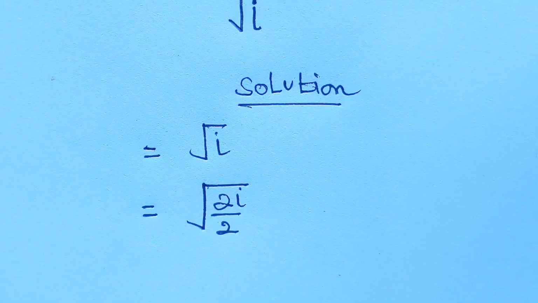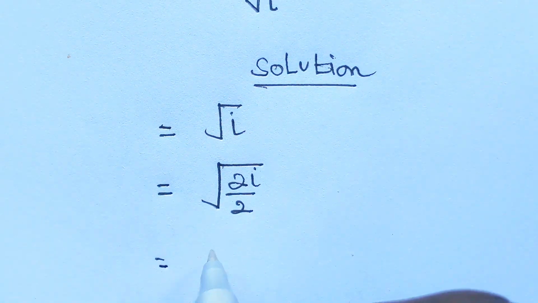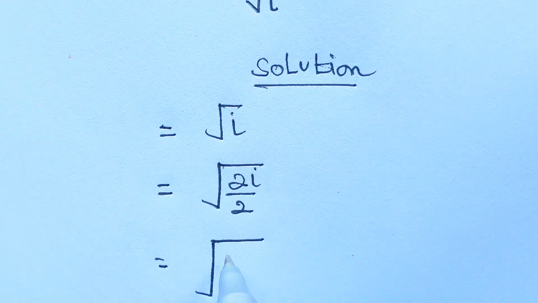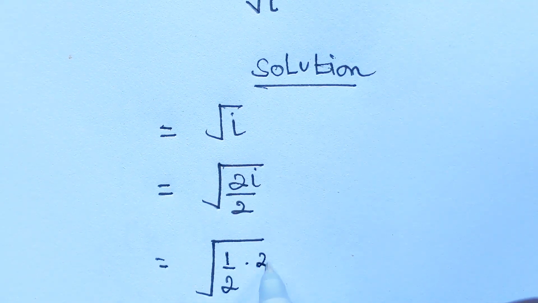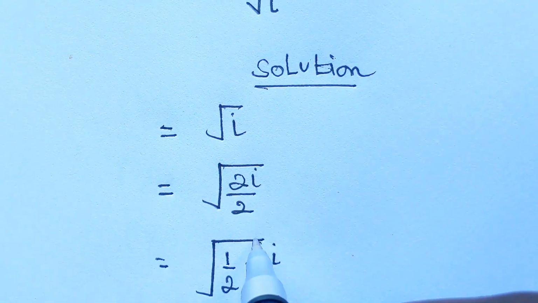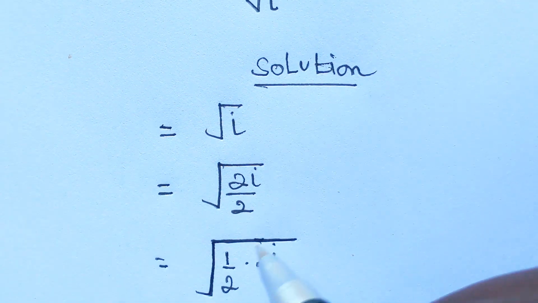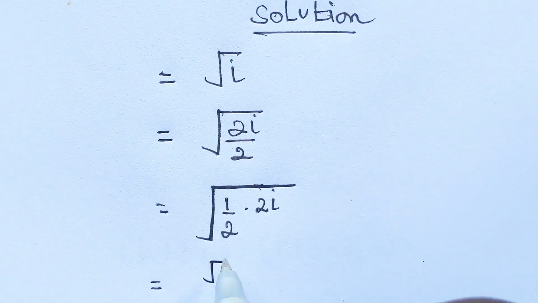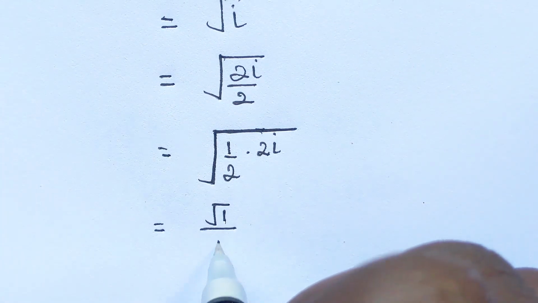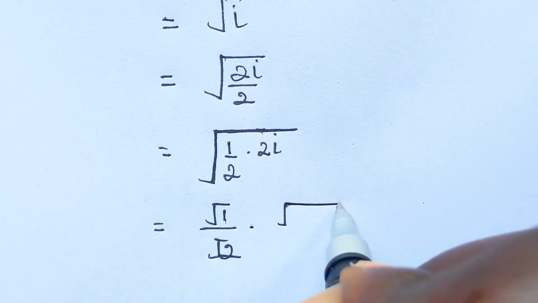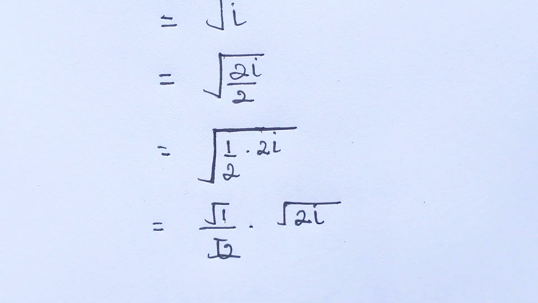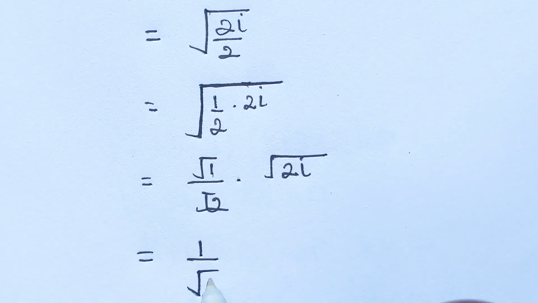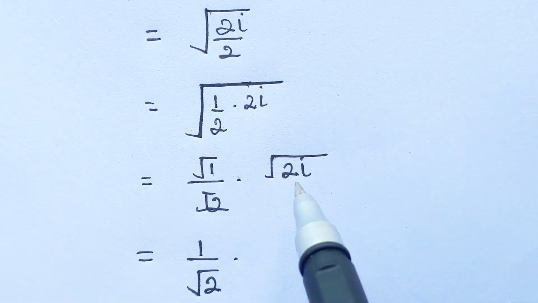Then step by step, this is equal to square root of 1 over 2 times 2i, and this is square root of 1 over 2 times 2i, and this is equal to square root of 1 over square root of 2 times square root of 2i, by separating them, to mean that this will be equal to 1 over square root of 2 times